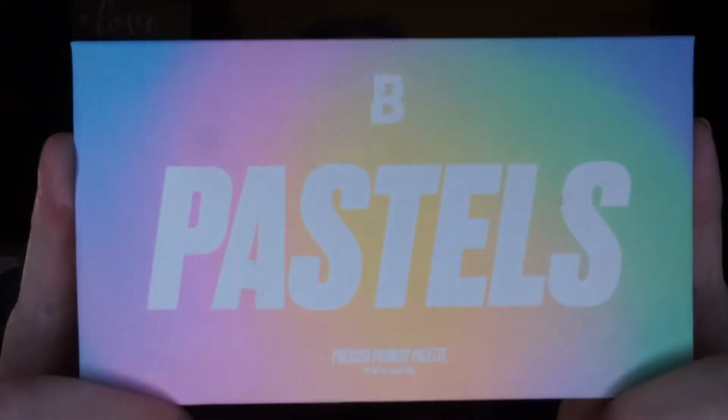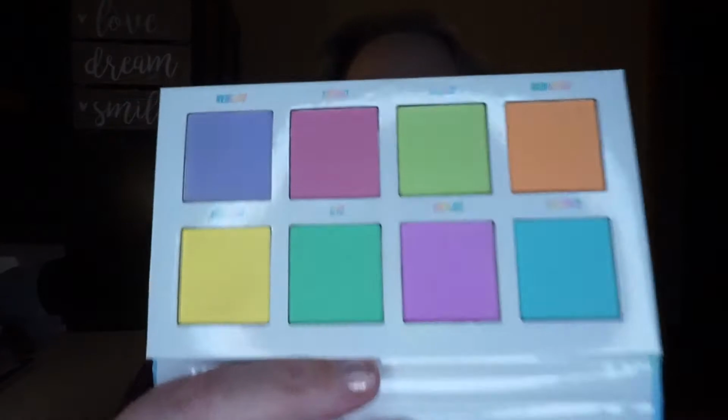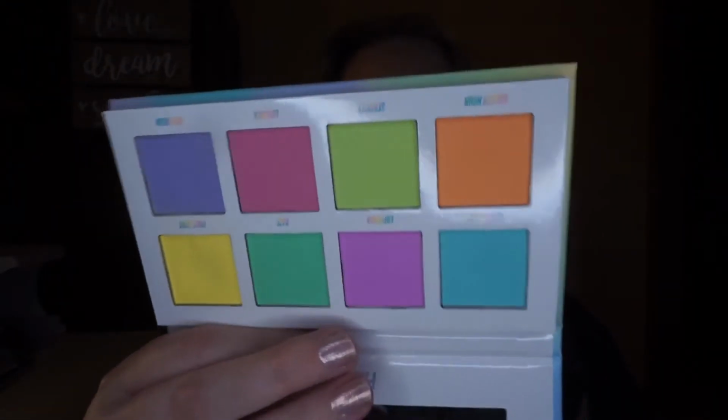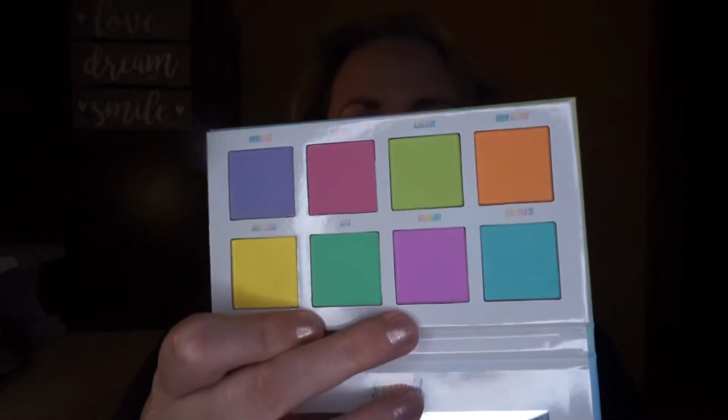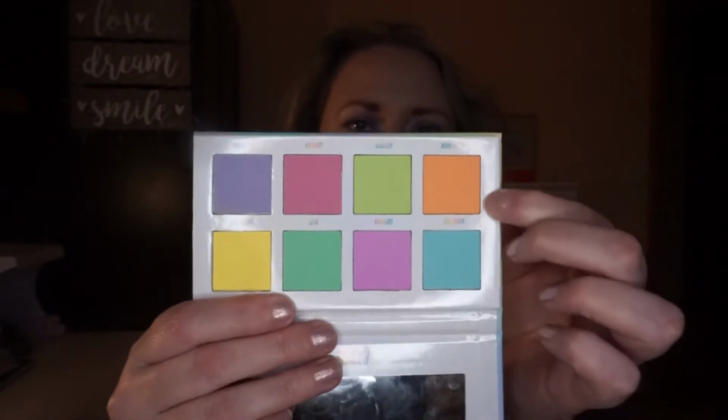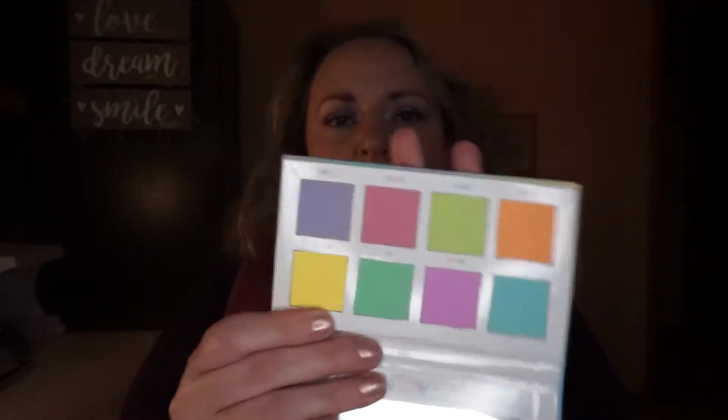Another one that I bought because Make Me Up Missa swears by it. This is the Beauty Bay Pastels palette. What she loves it for is, if she's doing a colourful look, and she always has colourful looks, they're superb. She loves this palette to blend out the deeper shades. So if she's doing a deep purple, she'll use the pink or the purple in this to blend out the edges. If she's doing a deeper, darker reddish orange, she'll use this. You know what I mean? She uses this palette a lot to buff out